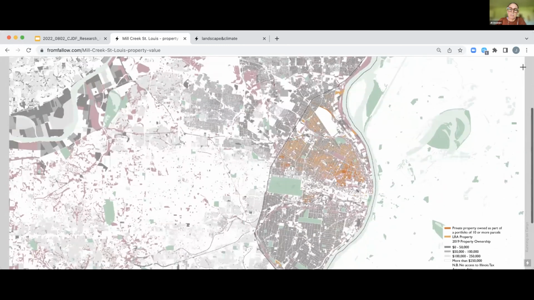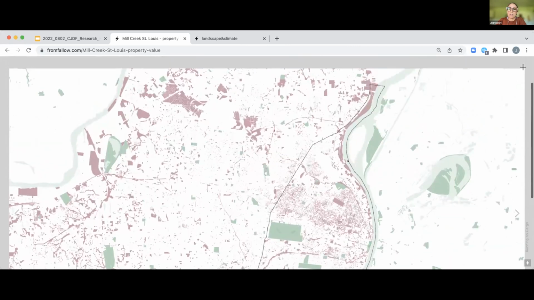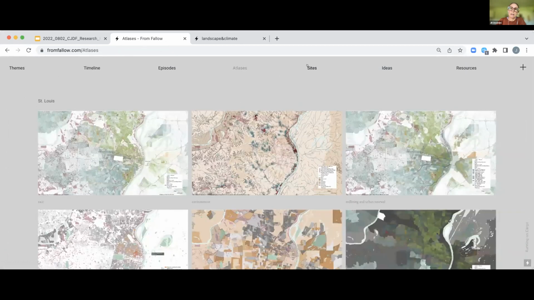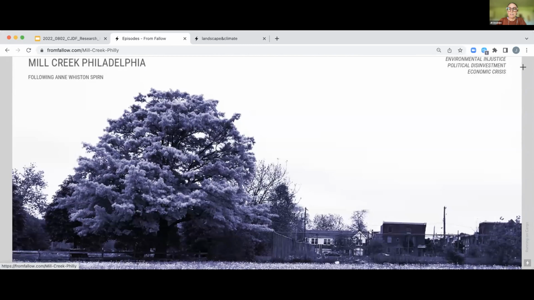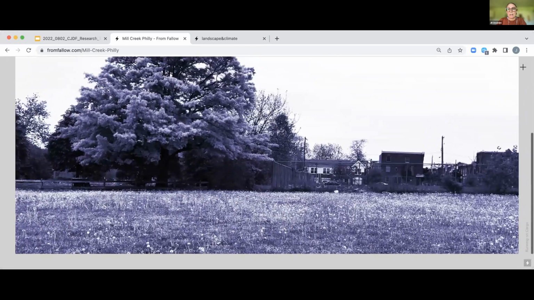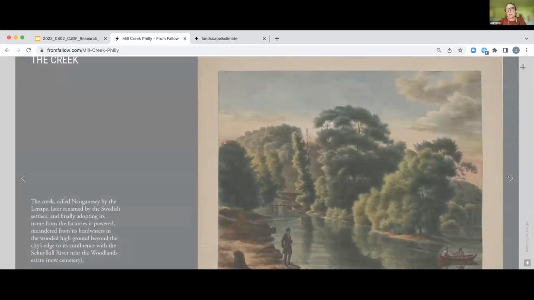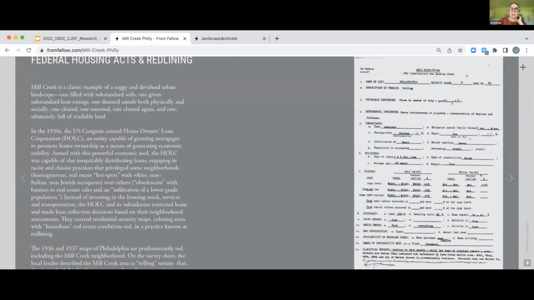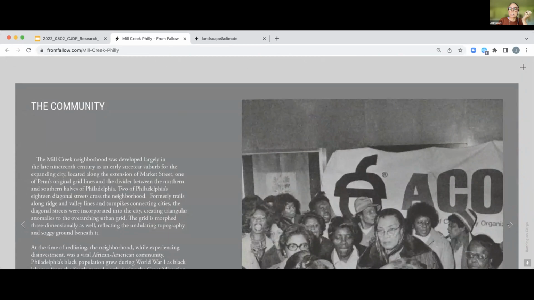When you start to do painful searches around who owns property, you find out that there's all this aggregation of property that's happening, which then leads to a series of atlases. I also started to look at episodes, like how you might tell the story of a particular site and neighborhood. These are not GIS story maps, but they could be analogous. It's a way to understand it through different images and time, how it came to be constructed,